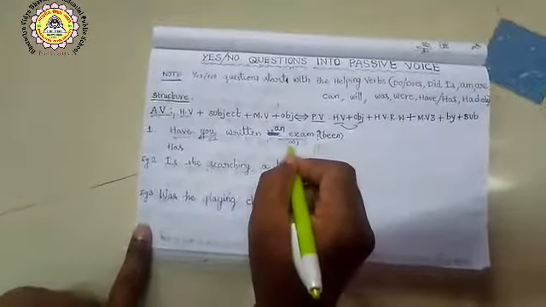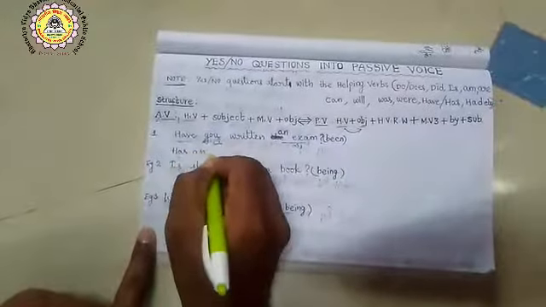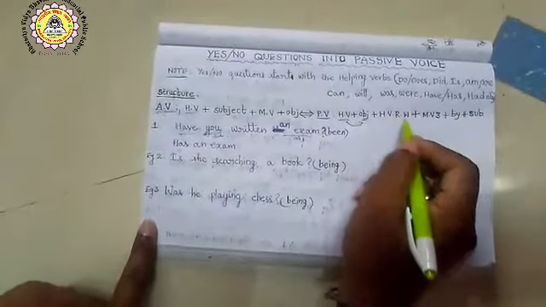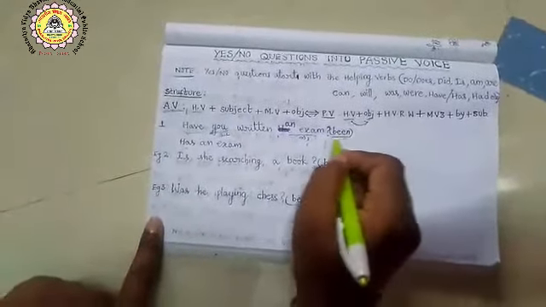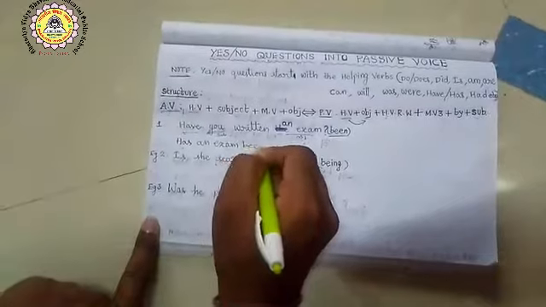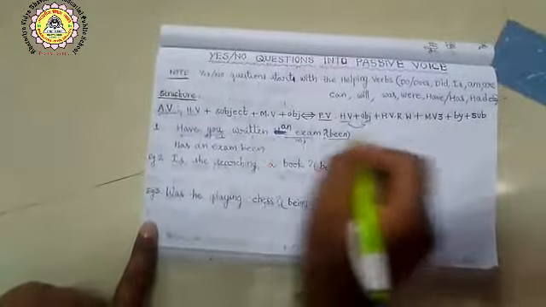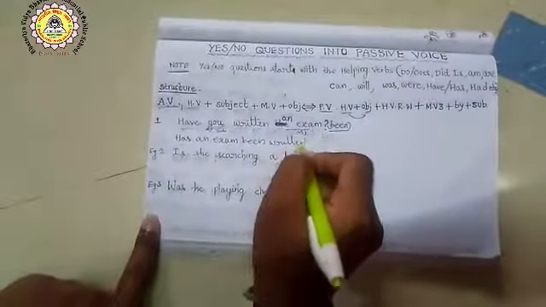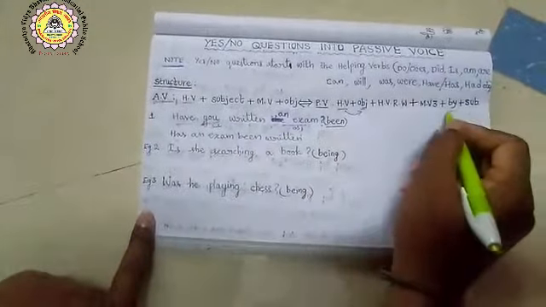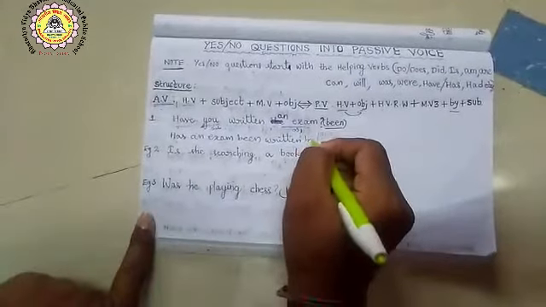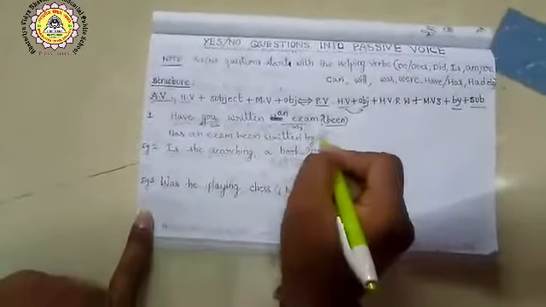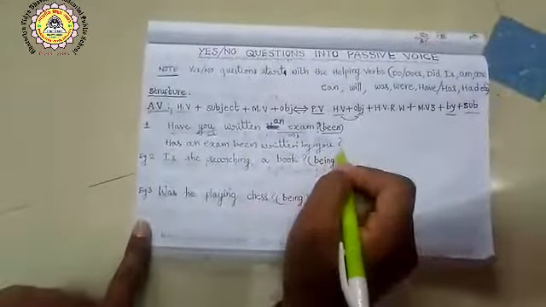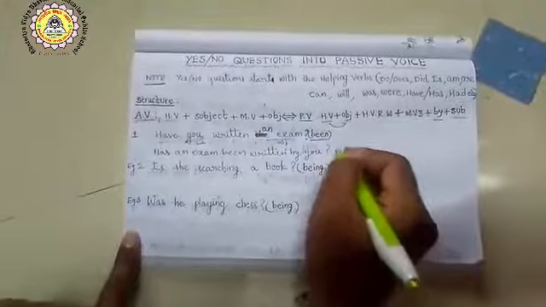Then the object. What is the object here? An exam. Has an exam. Then the third step, the helping verb related word. What is the helping verb related word? Been. Has an exam been, and the third form of the verb, written. Then by. Then the subject. What is the subject here? You. Question mark. Has an exam been written by you is the answer in passive voice.